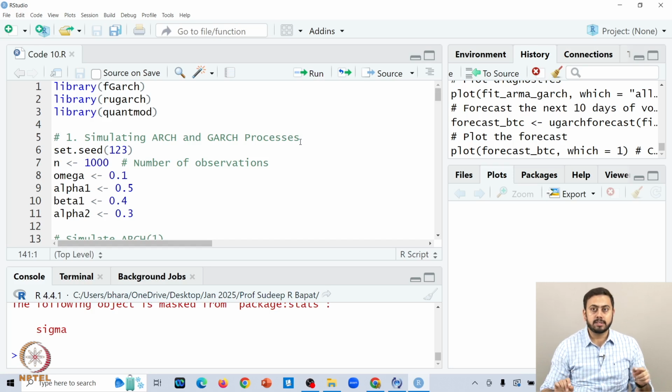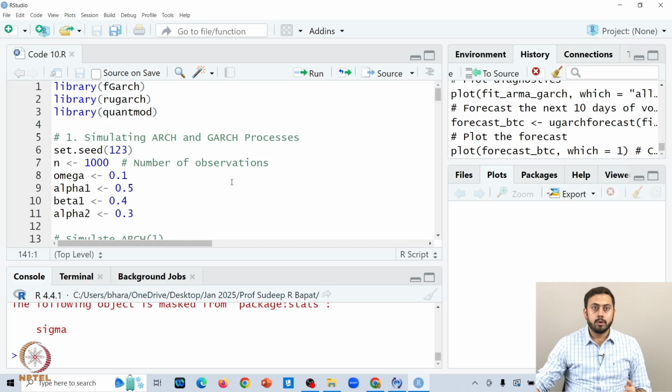A very quick refresher: towards the end of the last session or the one before, we covered a number of extensions of Garch processes. If you remember, GJR Garch, exponential Garch, threshold Garch. All these have capabilities of controlling the symmetries or asymmetries seen in the data set. Here we will open a new fresh R worksheet, and initially, as discussed, we will try to implement some of the Arch processes and Garch processes on some simulated data sets.